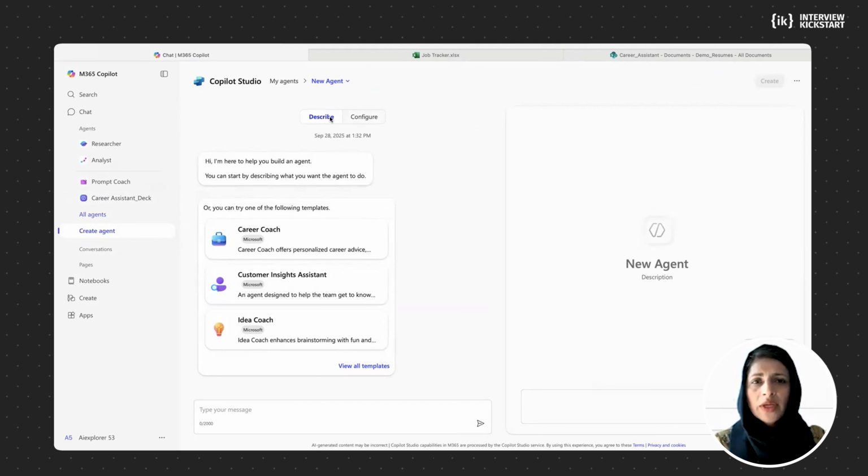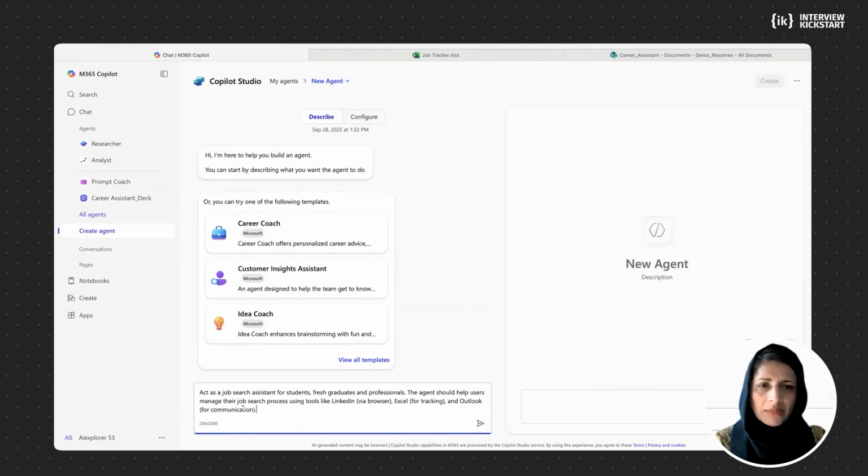We are right now on the describe button. And here you see that you have a 2000 word limit and you can put your message here. I just copied the prompt, so it's super easy for me to do copy and paste. So what I'm saying is, create an agent that acts as a job search assistant for students, fresh graduates, and professionals. So I'm giving my personas,